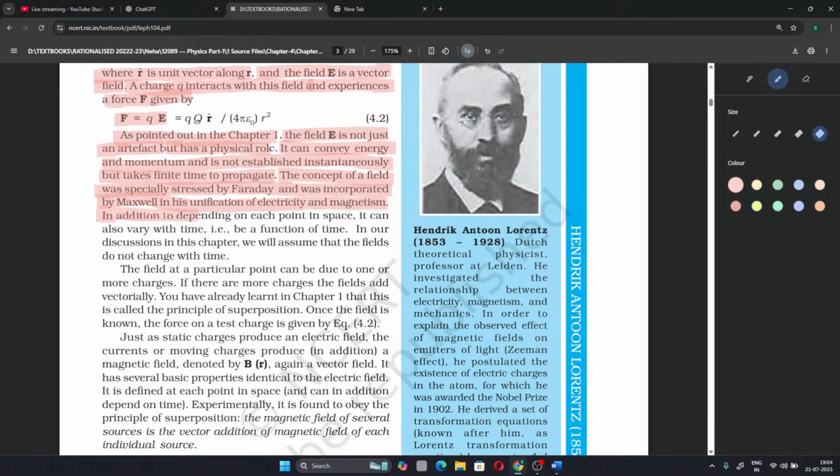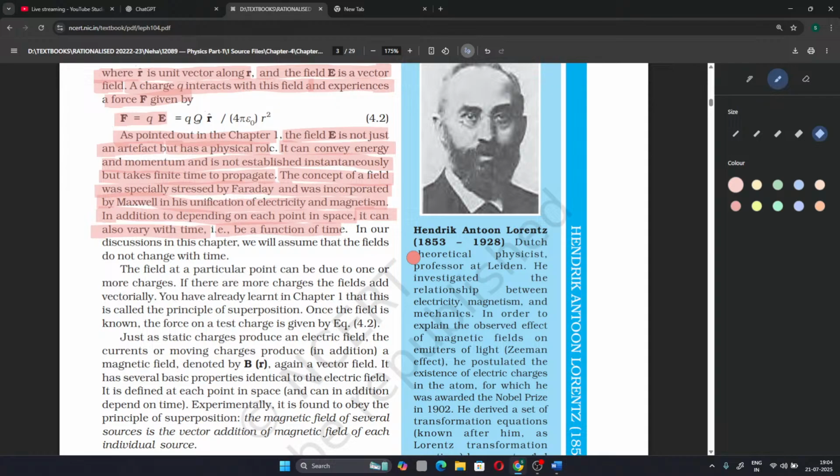In addition to depending on each point in space, it can also vary with time, that is, it is a function of time. The field does not depend only on each point in space, where the position vector will denote the amount of field, but it also varies with time,